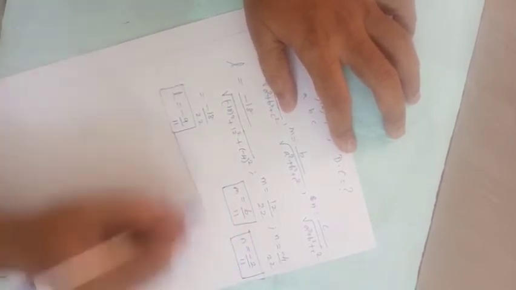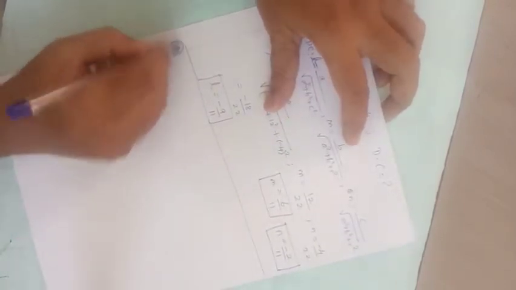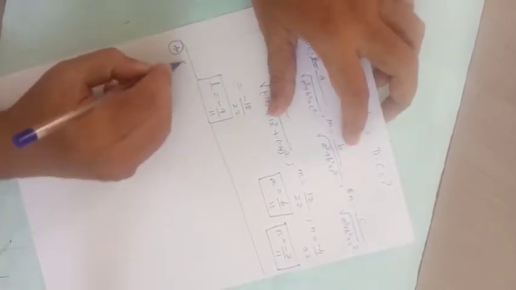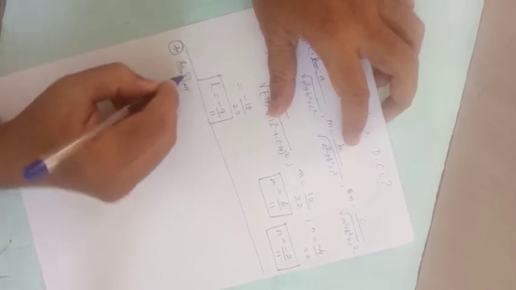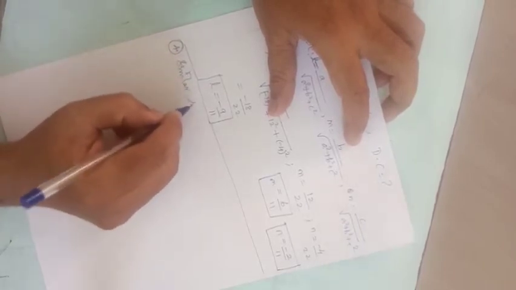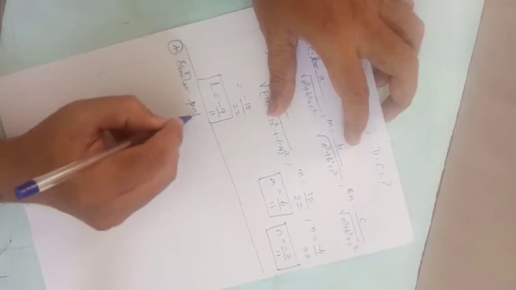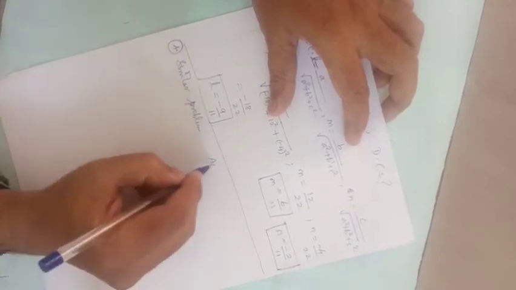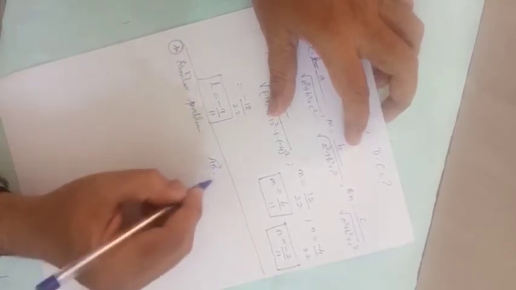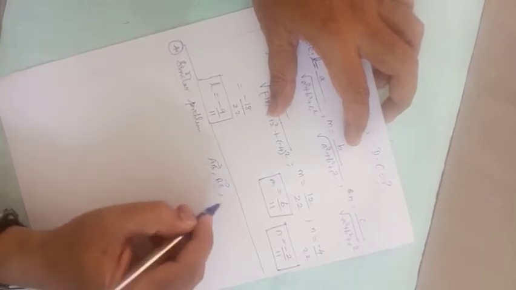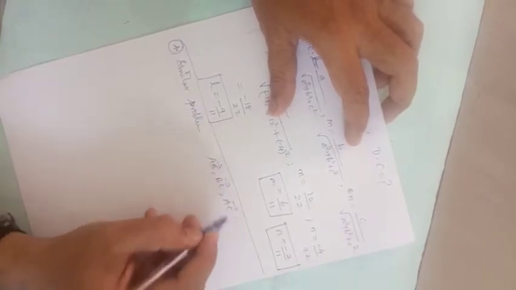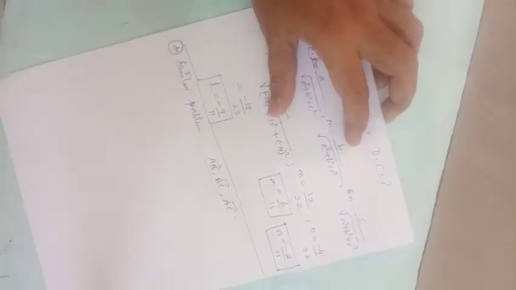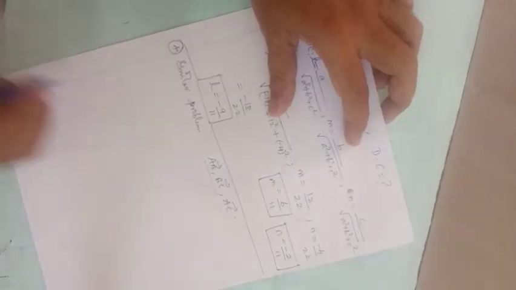Okay, now we move to question number 4. Question number 4, you can do it in a similar way as your previous exercise, collinear. Similar problem. You can find AB vector, BC vector and AC vector. You can prove that the sum of two vectors is equal to the third vector.